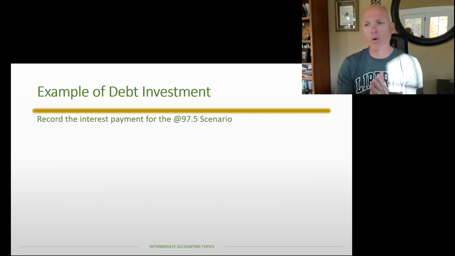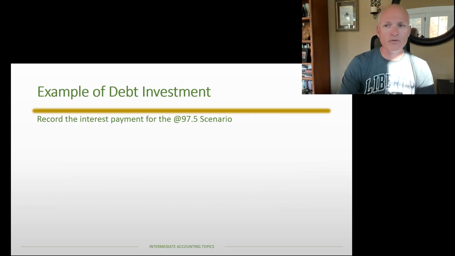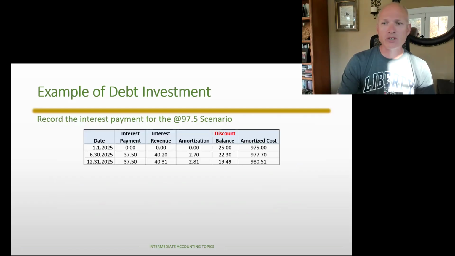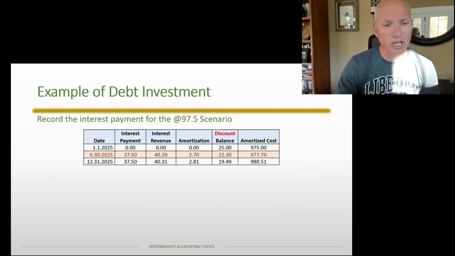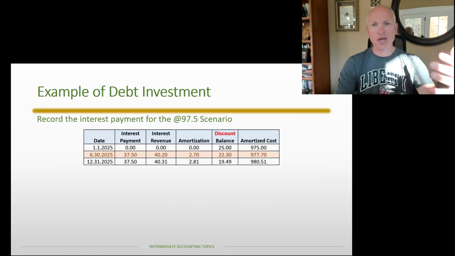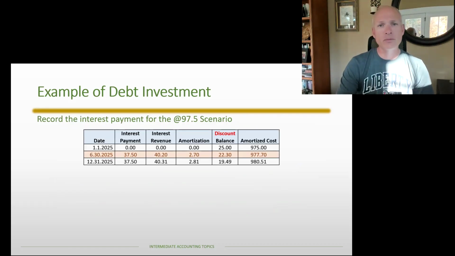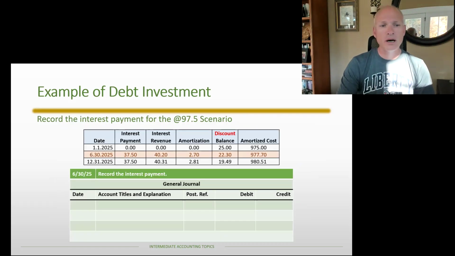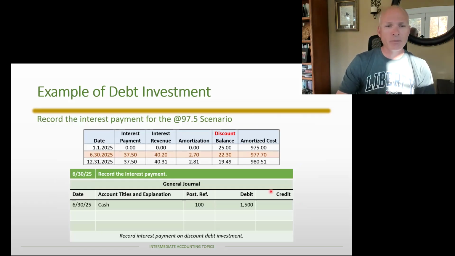All right, so we're going to record the interest payment using the 97.5 scenario. We're going to start with the June 30th payment. And again, for these payments, we're just pulling information from the amortization table. On 6/30/2025, the cash that I'm going to receive is